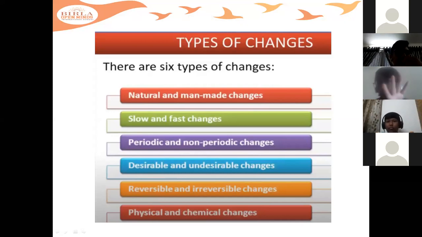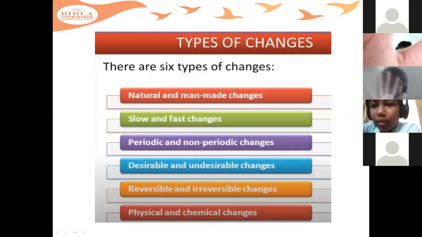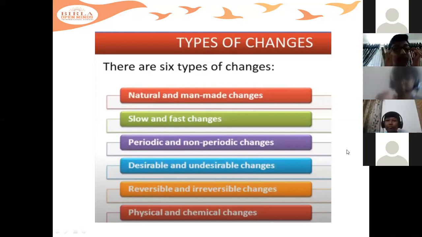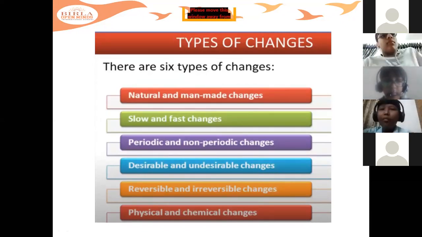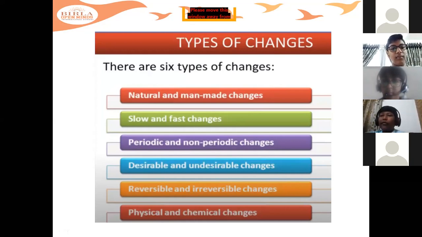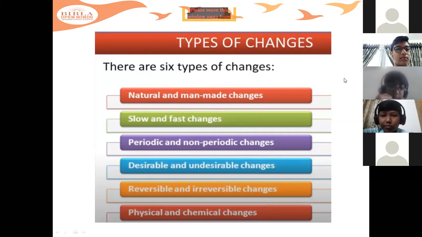Okay, good. Yes, Ashwin. Rudranish, I have unmuted you. Slow changes. Yes. Give me a few examples of them. Snail, ma'am. And a fast change is a train moving. Yes, good. Yes, Rudranish. Ma'am, slow changes are germination of seeds, growth of humans, animals. Fast changes are fireworks, bursting of crackers. Okay, good.